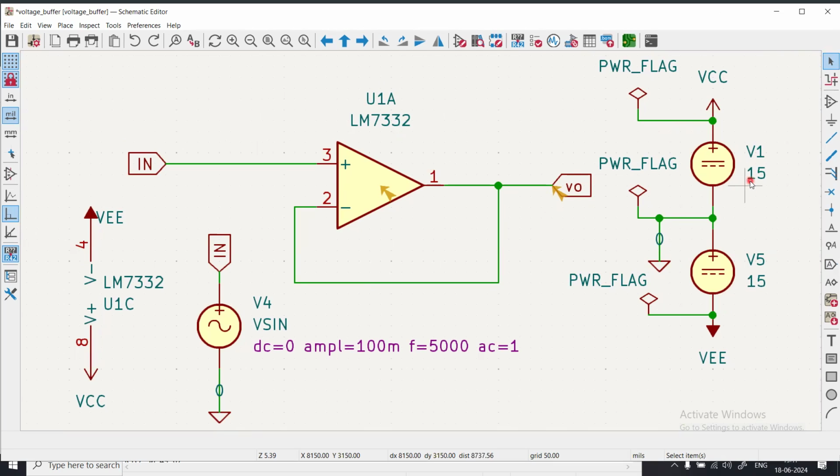That's why I have chosen 15 and minus 15 here. These values are not randomly chosen; rather, I have chosen them according to the data sheet. That's what this IC or manufacturer part provides. Once that is done, I will now show you the